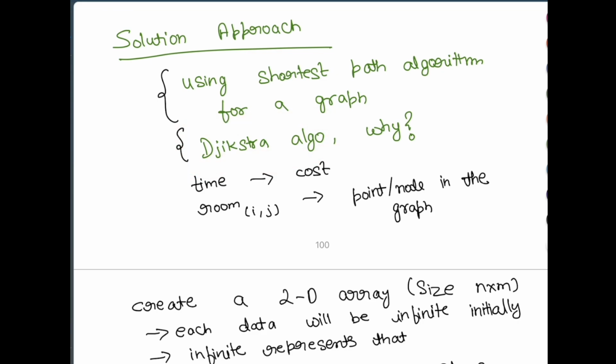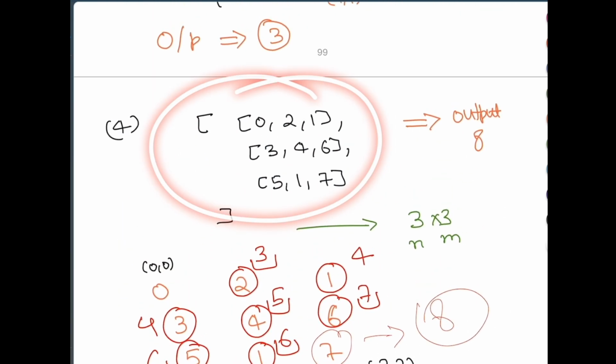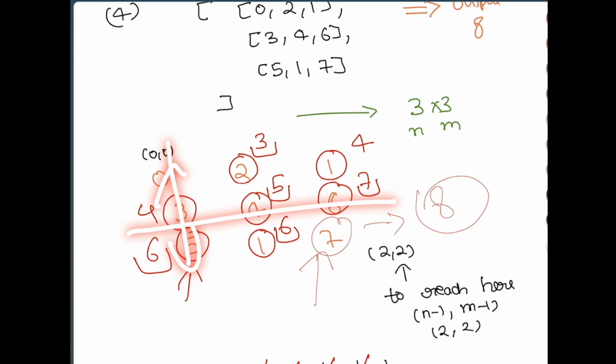But the main question is, how do we identify that this is a shortest path algorithm problem? See, the thing is, we have a two-dimensional graph or two-dimensional data, right? We can move vertically, we can move horizontally, right? This is generally how we move in a graph, right? Now, from one point, we need to reach other points. This is another proof that we need to treat this as a graph and we need to find the shortest